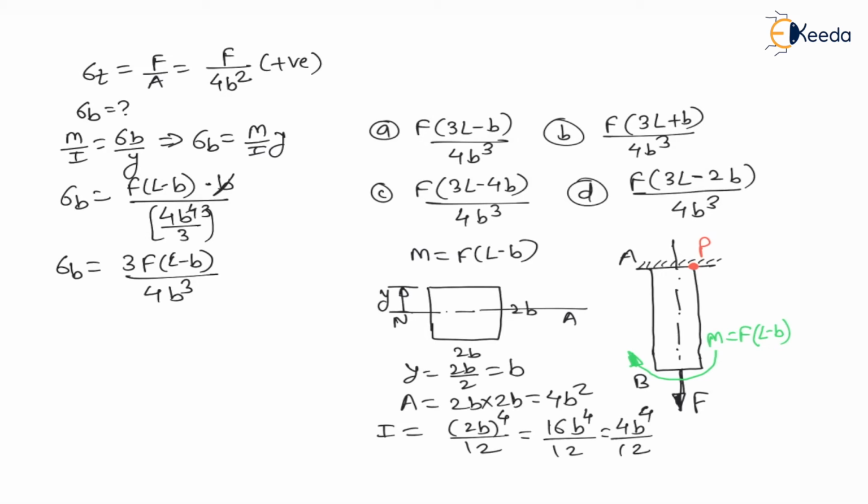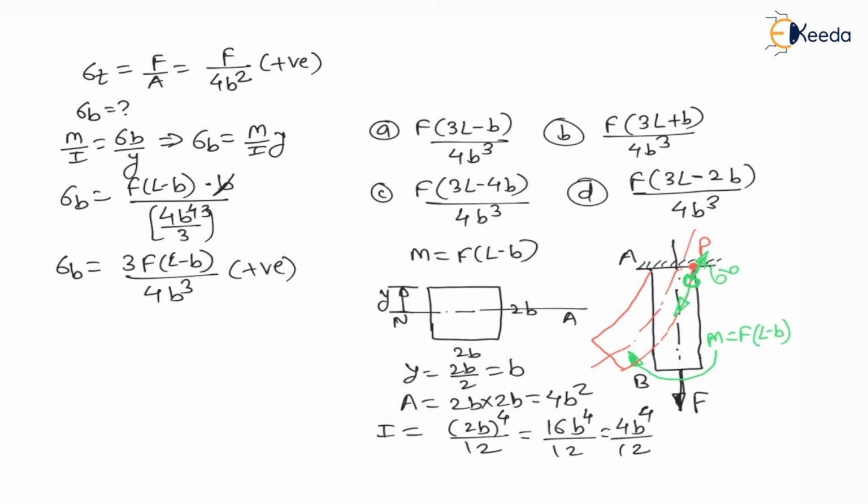Now my dear students, see what is the nature of this bending stress, how the beam is going to bend. Due to this bending moment M, the beam is going to bend like this, as represented by red color, and this is the axis of the beam. For such type of bending, if I take a section or an element at point P, the point P is subjected to tensile loading. This is subject to tensile bending stress sigma b. As this bending stress is tensile at point P, it is also considered as positive bending stress.